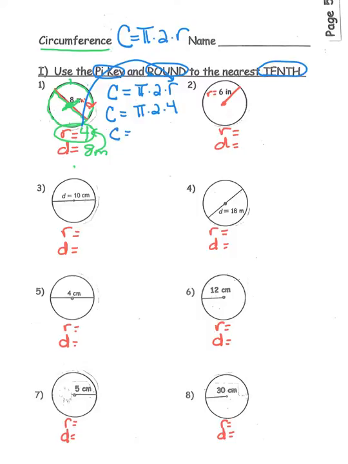Now let's clean up the formula a bit and multiply 2 times 4. Well, 2 times 4 is 8 pi. We still haven't dealt with the pi yet. We still have to multiply 8 times the pi key. So grab that calculator and punch in 8 times the pi key and hit equals. Write everything down on your paper as it appears on the screen. You should have gotten